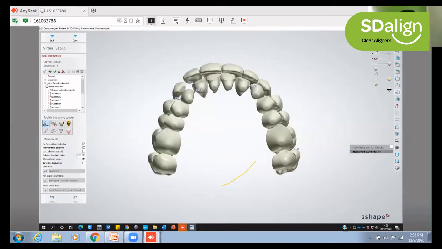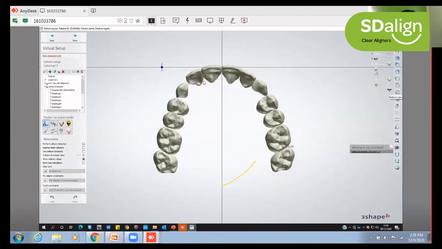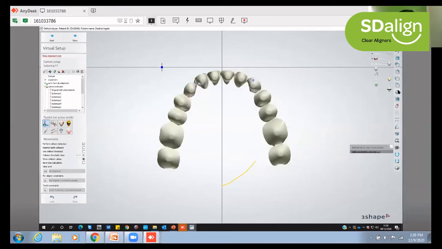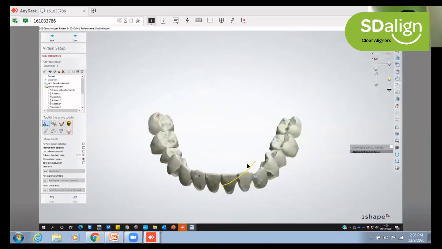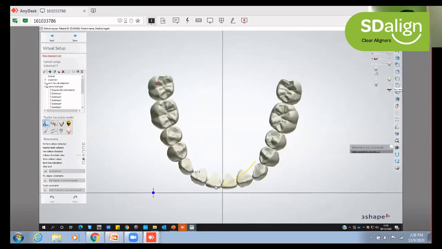Let's see how the arch form is looking. So we are more or less there. The 1-2 can be tipped in a little more as compared to 2-2. The canine position can be slightly improved buccolingually. The premolars are okay. Let's see the lower arch. In the lower arch, we can also add some root torque, and also we can push the 3141 more lingually. So these are a couple of things we can still improve on at the end of third stage.